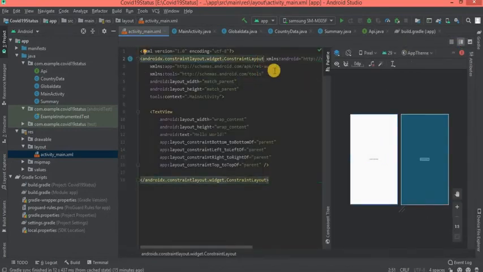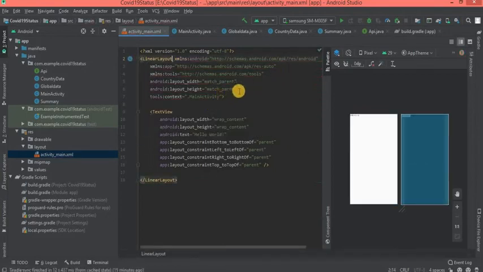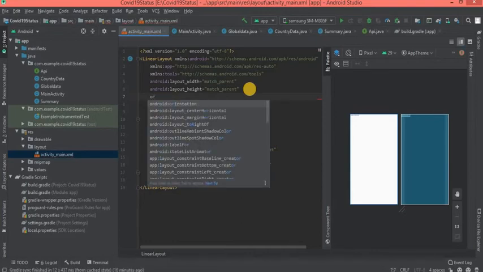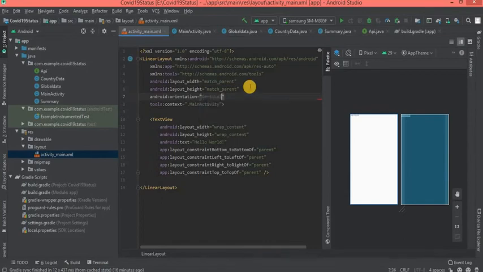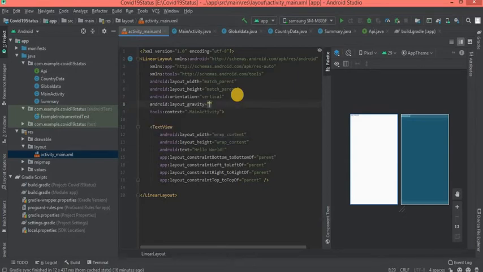The default layout is constraint layout; shift home, delete, make it a linear layout, orientation is vertical, and layout gravity center.